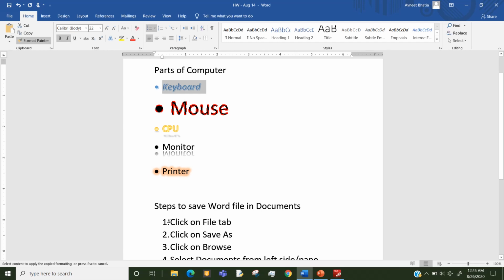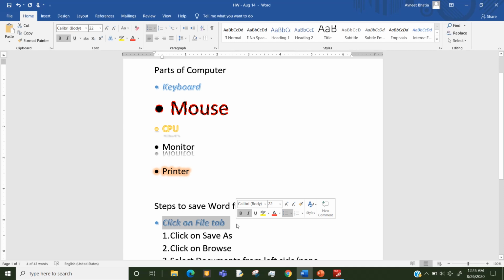Step 3, click at the beginning of the text on which you want to apply this formatting. I'm clicking on this and drag it till the end and then leave your mouse. And see, the formatting is applied. This text is looking exactly same like your keyboard. So clear how you copy the formatting from one text to another?